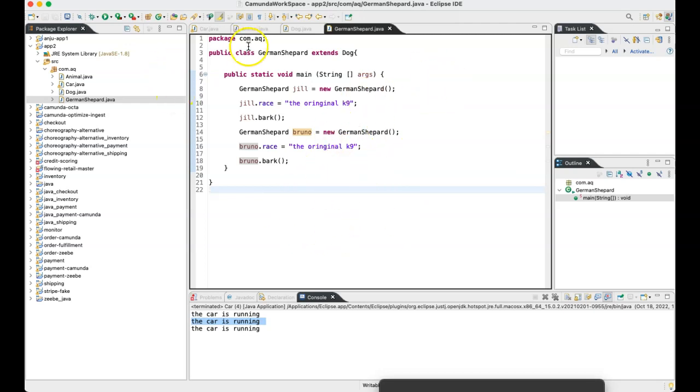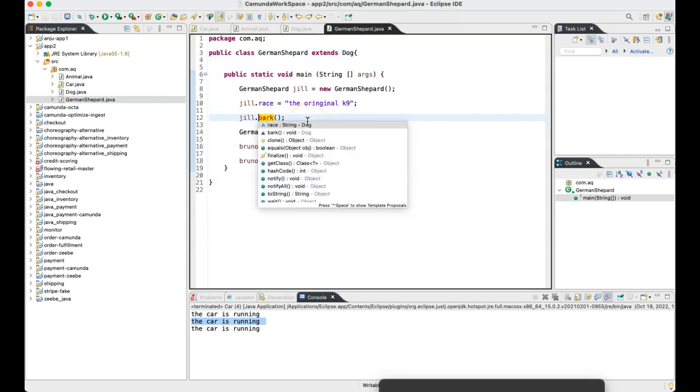How is this happening? Because here you are telling that this class German Shepherd extends from dog. In the sense, German Shepherd is a kind of dog, is what you are telling here. That is why this keyword is making sure whatever was defined inside dog is accessible here. If I do Jill dot, it shows me all the attributes, race, bark, and some other methods also.